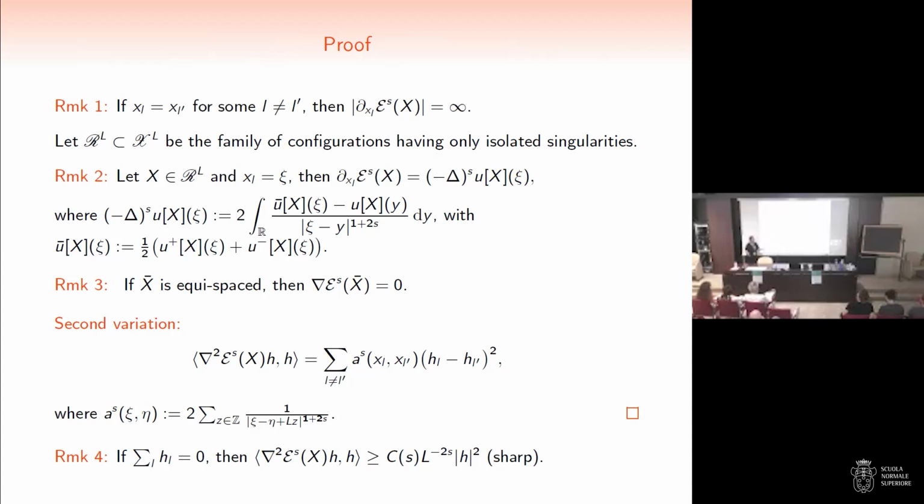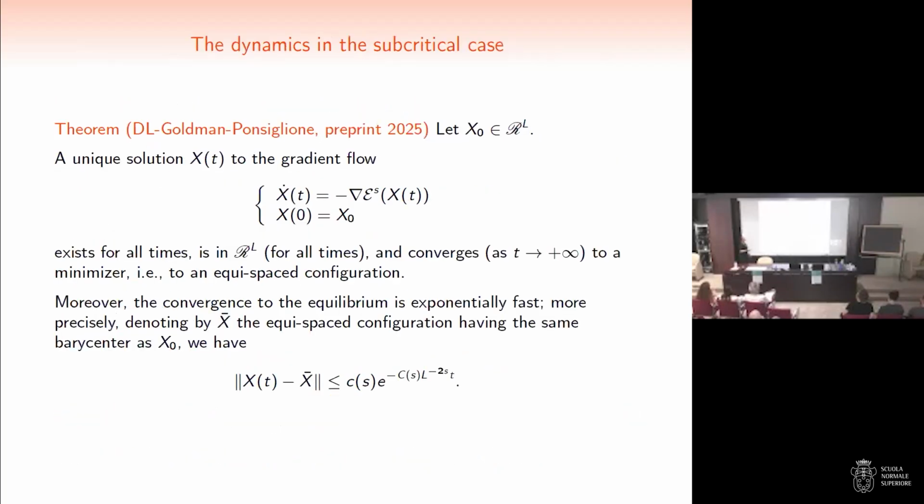Okay, so as you can figure out, this is important for the convergence rate in the dynamics, and this estimate is sharp. Namely, I cannot do better than this estimate if, instead of putting X, I put the equispaced configuration. And now, this is the result about the dynamics that says that if I start from a regular configuration,